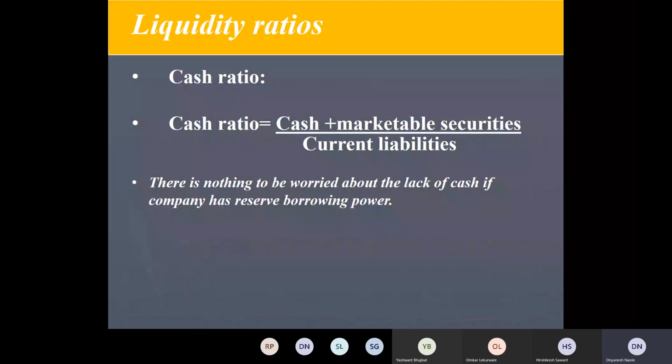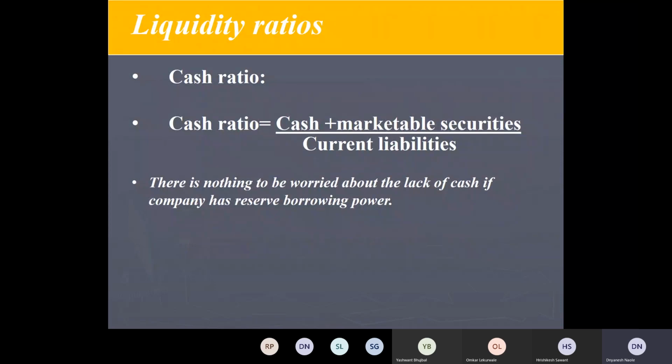So even if this cash ratio is less, or you are facing less cash, then you can immediately use that remaining cash credit limit and you can generate the cash. But still, from the investor's point of view, the companies which are not going to the position of using their credit limits to the maximum extent are the preferred investment options. Which are cash rich, we can say, जिनके पास cash अच्छा खासा है.